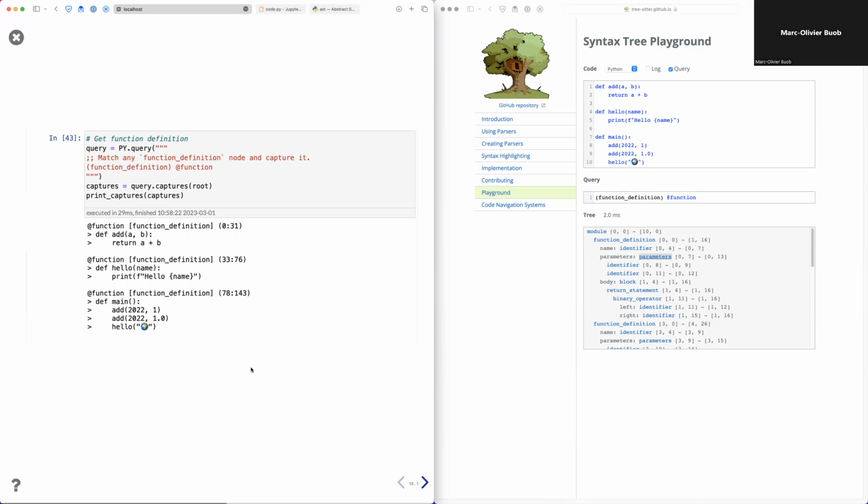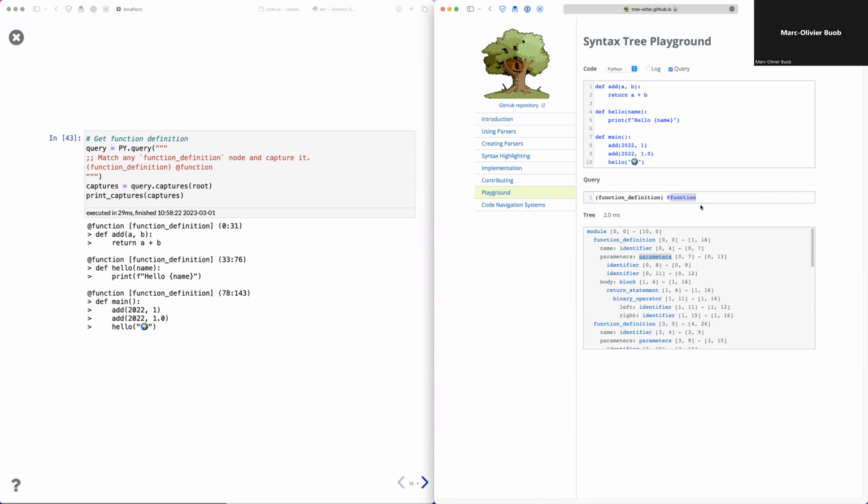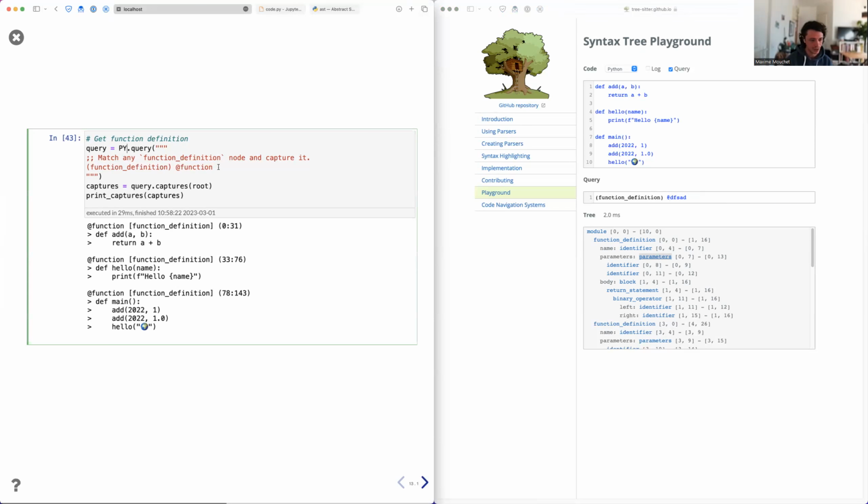Maxime? So yes. So a question, when you write the at sign function, what does it mean? Yeah. So it could be apply the color style of function on every subtree that is rooted in a function definition node? Yes. So first, there's two things. I will talk about syntax highlighting at the end of the talk. But in this context, it can be any string. It just means that in the playground, it's not useful. But for instance, here, I will show you right after. But basically, in a single query, you can have multiple